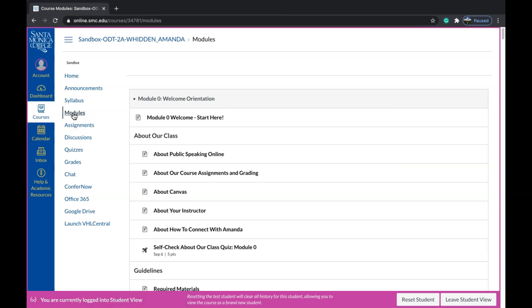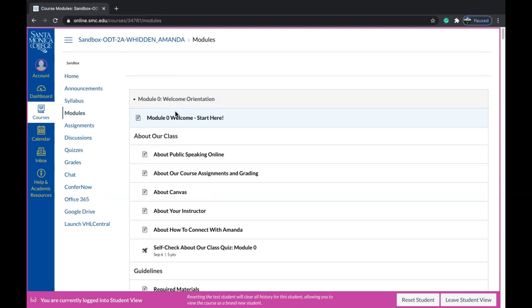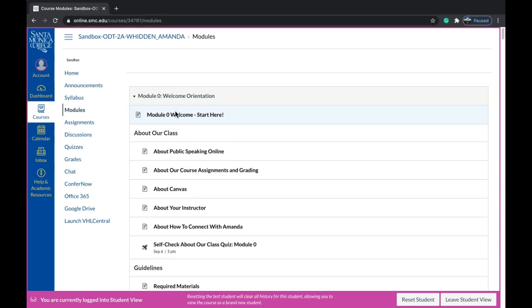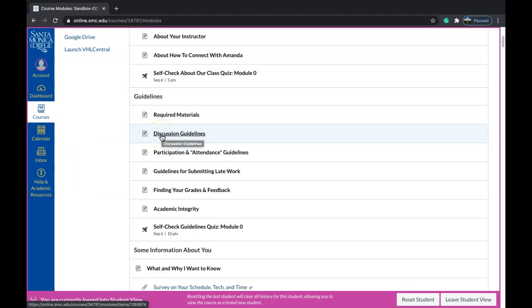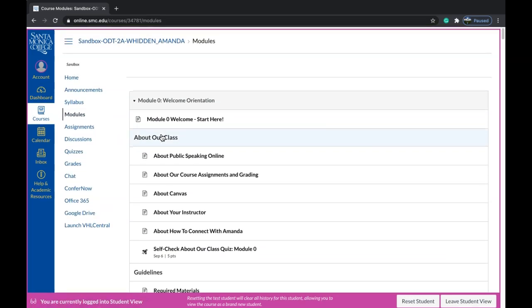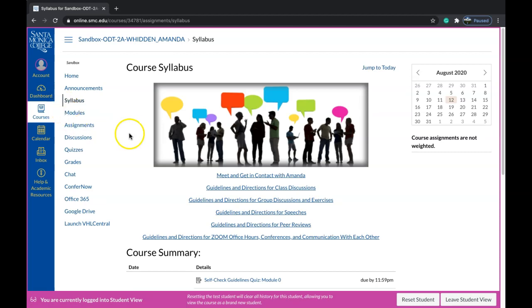So what I really want each of you to be aware of is that every week you're going to be engaging with a new module. That module is going to take you on an adventure and an investigation into public speaking and into all the content that we are going to cover this semester. But for specific assignments and things you will be doing this semester, all of the information can be found in detail under the syllabus. I will not have you access these particular parts of information until we are ready to actively engage in that part of the semester.